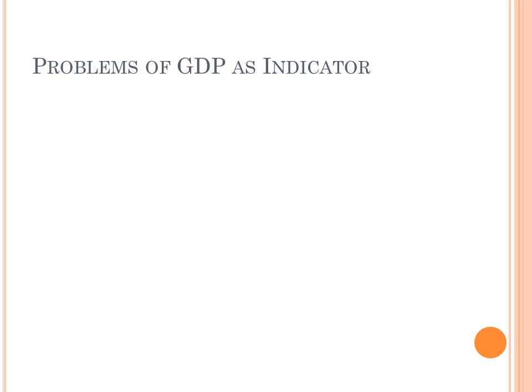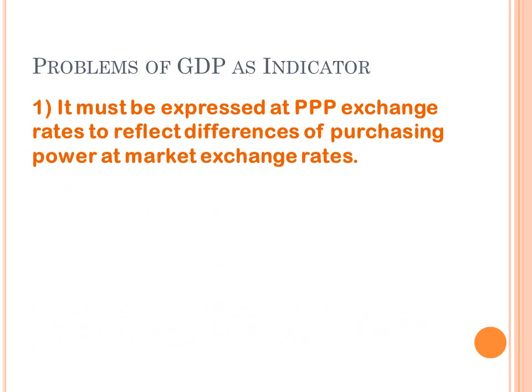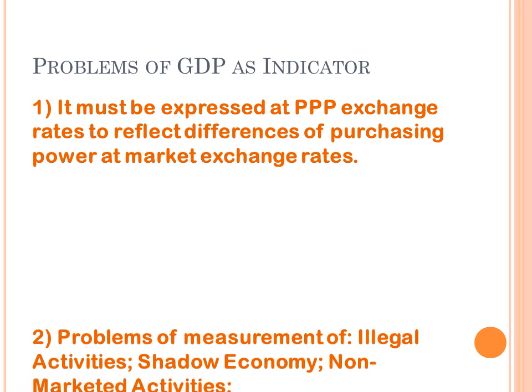Once we've managed to get real average income from GDP, does that make it a good indicator of development? Well, the first thing to remember, a technicality really, is that when comparing countries, you have to look at it at PPP, that's purchasing power parity exchange rates, because the cost of living in some countries is very different from others. But once you've made the adjustment at PPP, what you're saying is that the figure you've adjusted it to can buy you the same amount of stuff in each country.